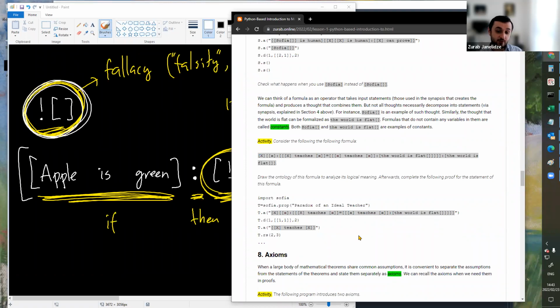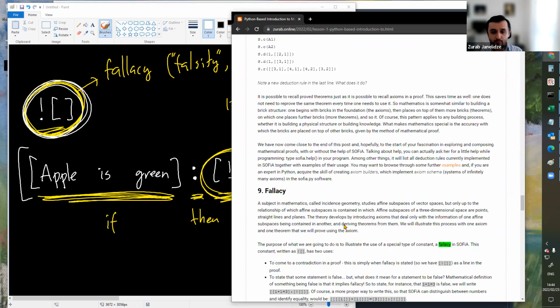But for Russell's paradox purpose, "the world is flat" didn't have to be false. The proof would still be a correct proof deriving the paradox. I mean, in this case, deriving that the world is actually flat if such a barber exists. But for many other mathematical theorems, we will need to make use of the fact that the world cannot be flat. And that's what we're doing in this section.